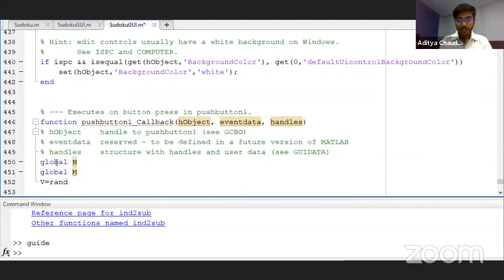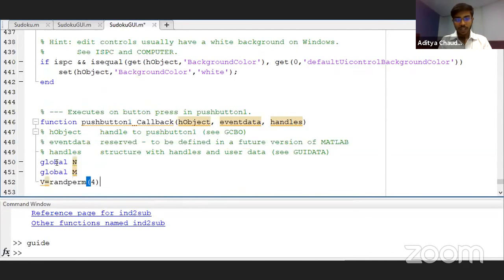Now this is the portion where we'll be generating a new Sudoku. So we'll be generating a random integer. This will create unique random integers. Like if I'm passing 4 to it, it will create 4 random integers. So next is our global variable m, which I'll add as m zeros. It will create a 4 by 4 matrix of 0.